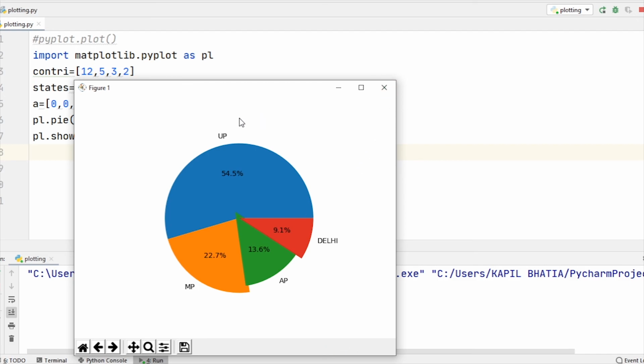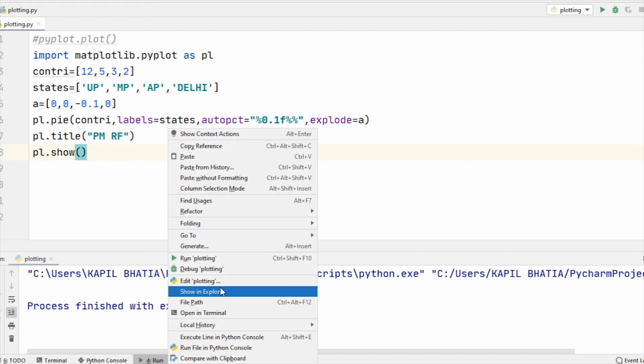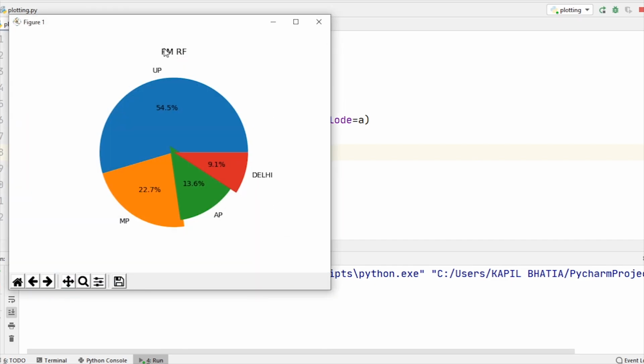We can also give a title to this chart by using the title function. So here I am using plt.title, let's say PM Relief Fund. When I run this code, you can see the title of this chart. We can also increase the font size and font color.